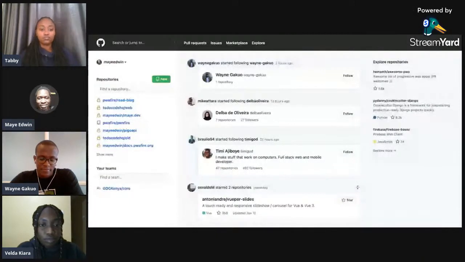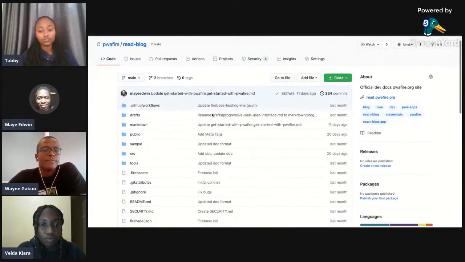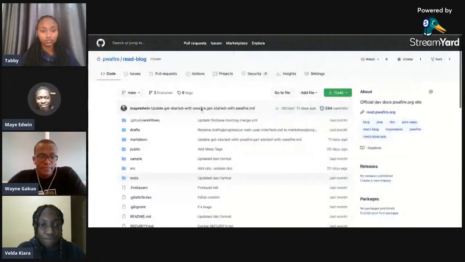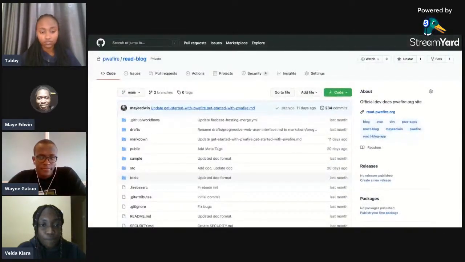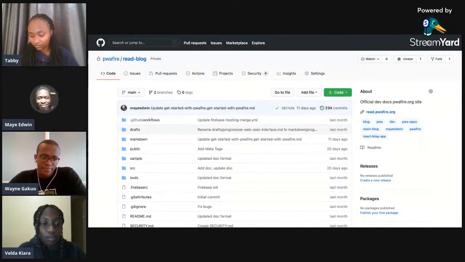It's not really open source yet, for example. This is another project we're going to add on PWA Fire. If anyone wants to contribute content to it, or wants to reuse the blog to have a technical blog for themselves, they'll be able to do that once everything is up. But just to get an early understanding of the entire PWA Fire project, you can go to read.pwafire.org and you'll see the site in action. There are many ways you could contribute to the project. Technical documentation, improve the way.